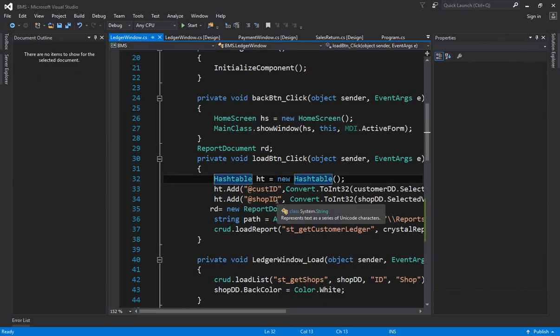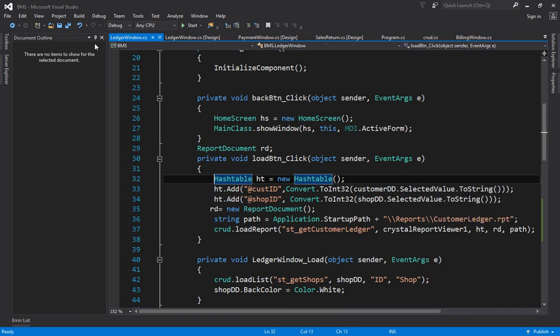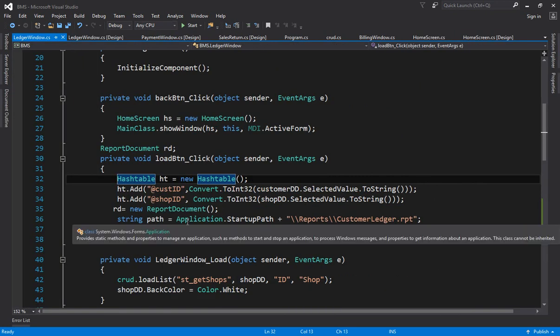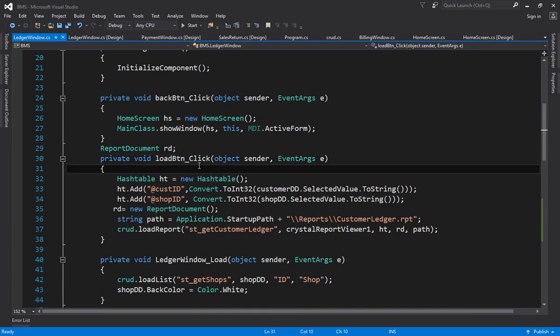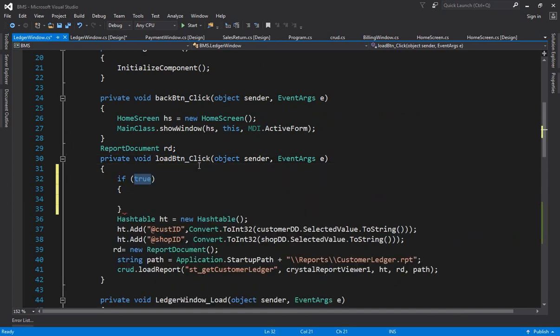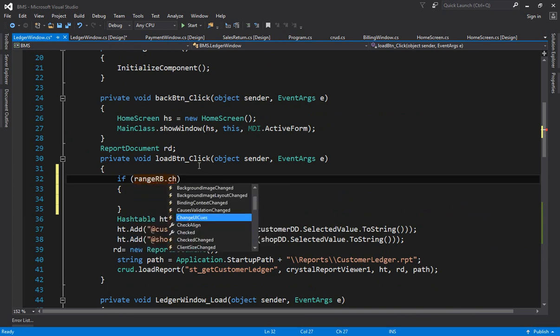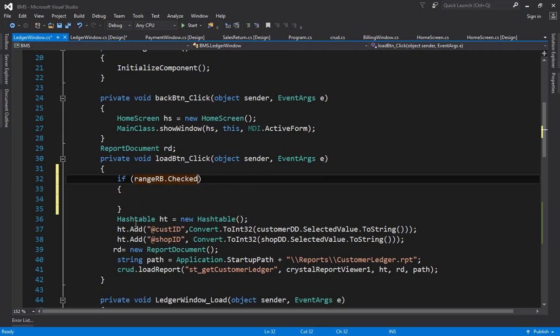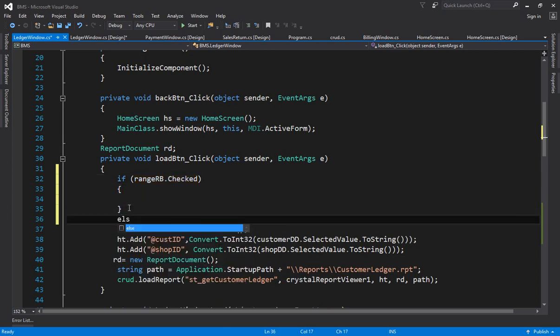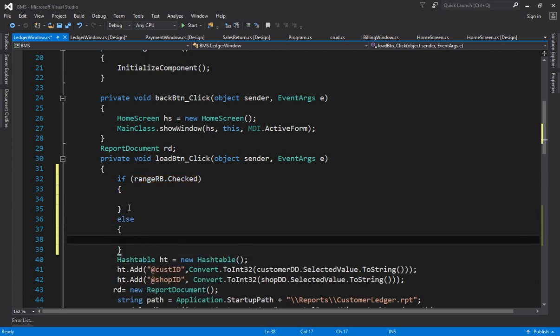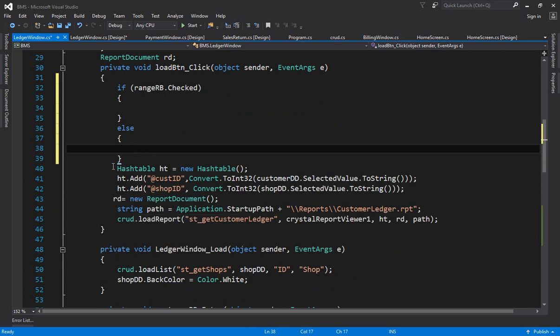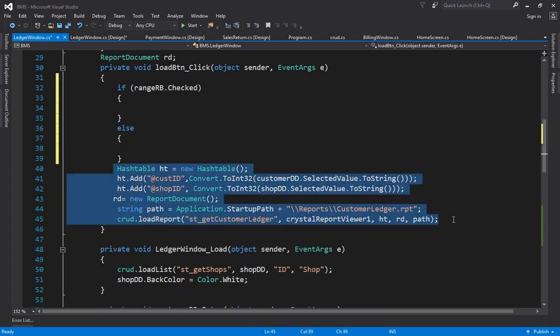Now when you double click on the load, close these things, and you can write here: if range RB dot checked. If range is checked, then do something, else do something. So at the else part, you can simply